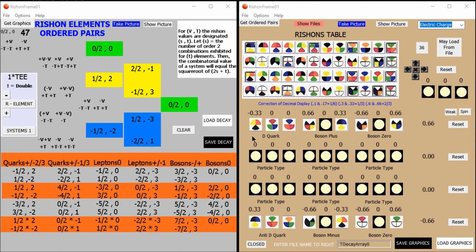And we can see it graphically here, where we have the generic D quark and the boson plus, which in this case then creates a T quark. We'll see later that the quanta electric, spin quanta, and so forth will be consistent with the standard model. Now, in addition, we have this ordered pair 0, 0, which will be a combinatoric ordered pair associated with